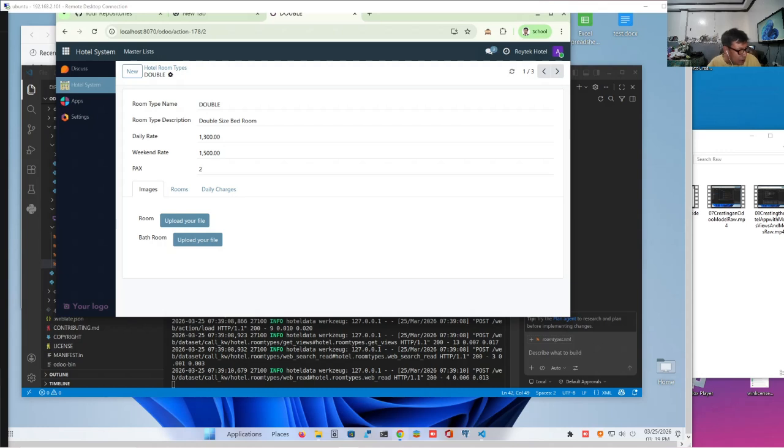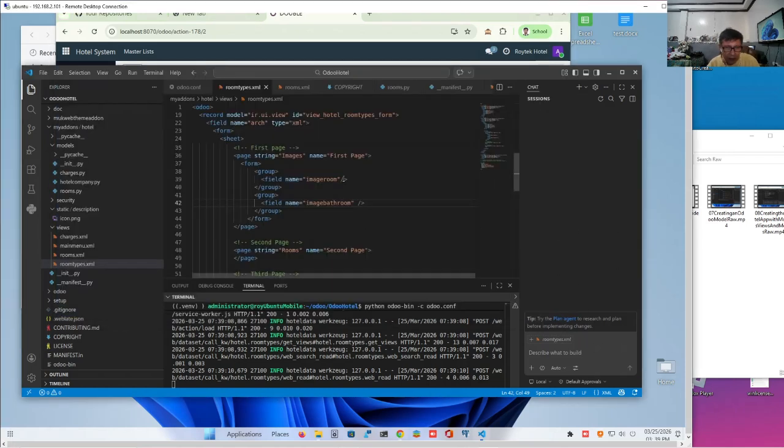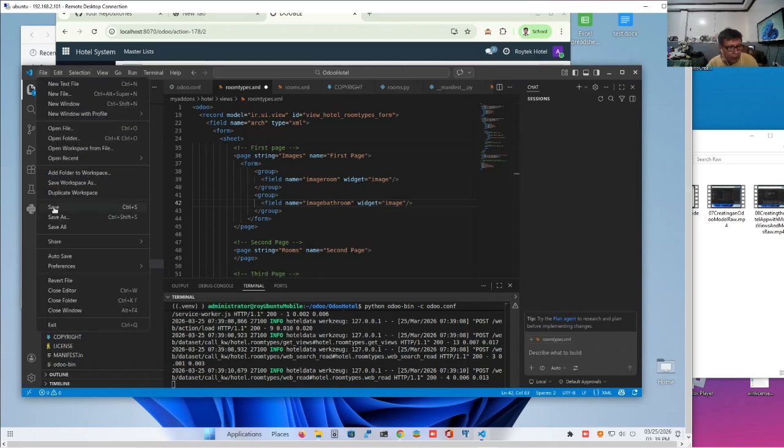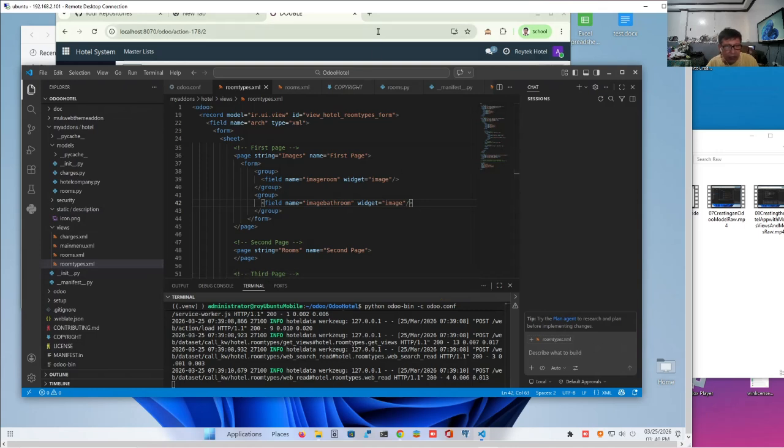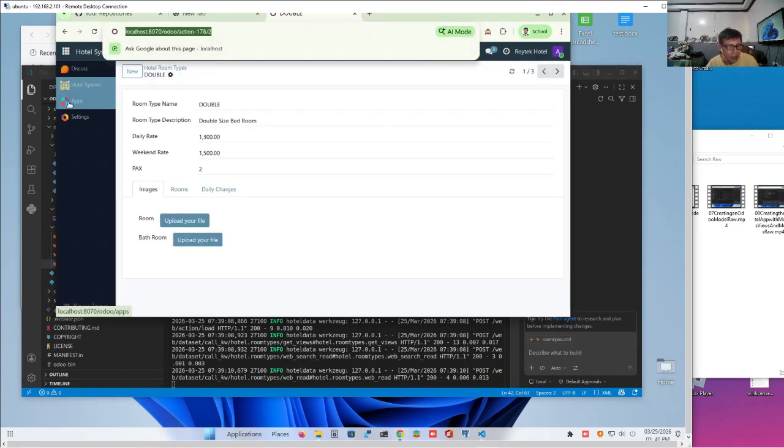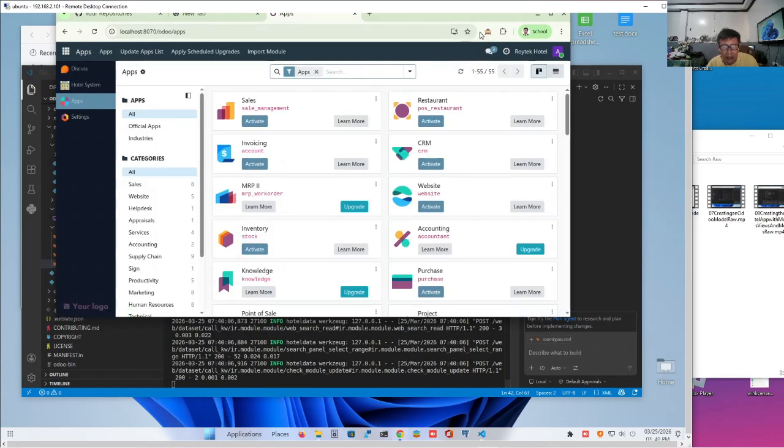A widget is just a class of styles which will display a button on whatever it is, that will enhance the user experience. Let me go to the code and apply the widget called image. There are other widgets which we will use later. Let's save and go back. We didn't change an image or model, so we can go to update app list right away without having to stop our server.